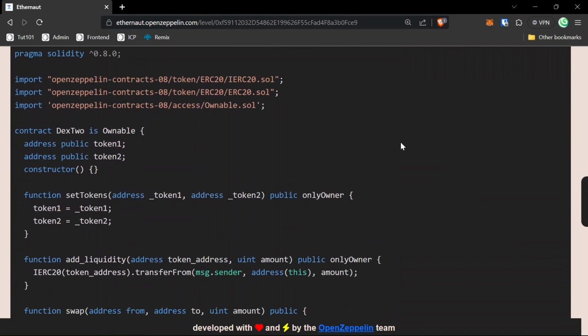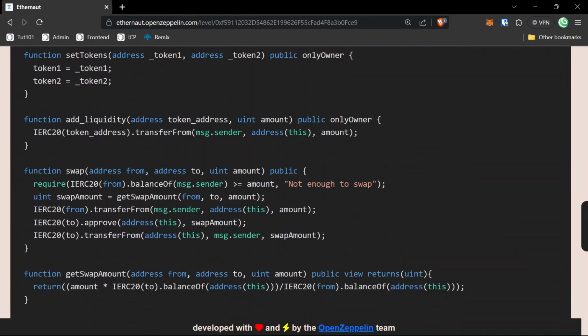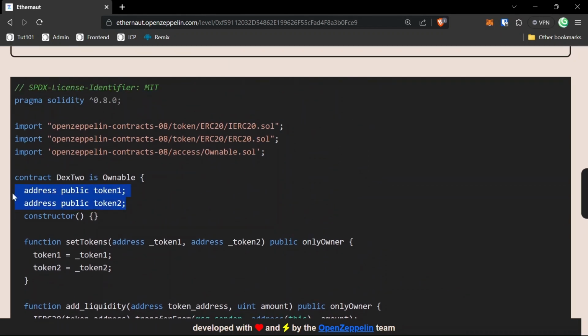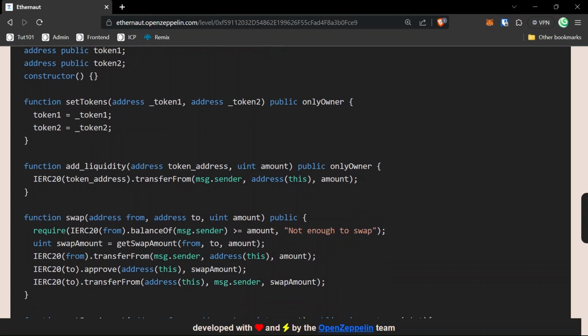X2 is basically the same contract as the previous level, with one key change which lies in this swap function. Earlier we had require statements which restricted us to swap only between token 1 and token 2, but now there is no such require statement to restrict the from and to address. So basically, we can swap between any tokens,